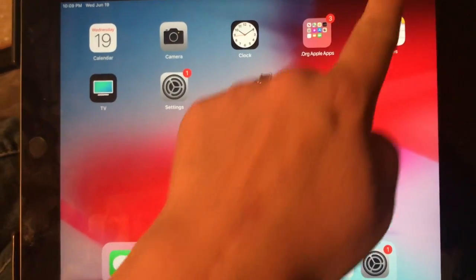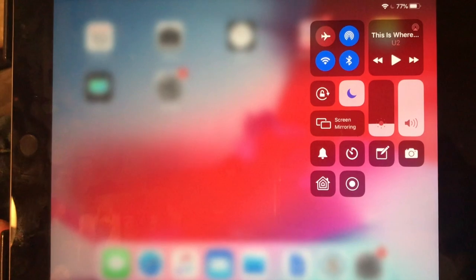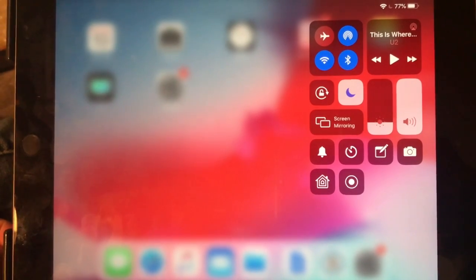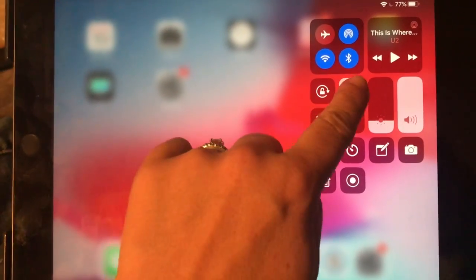When you are ready to record, you're going to right pull down and you're going to want to hit that do not disturb sign. That's that crescent moon right here. The reason why you want to hit that is that will disable any push notifications or text messages or phone calls coming through while you are screen recording. It's very easy to turn that back on once you're done recording, but when you are about to record, make